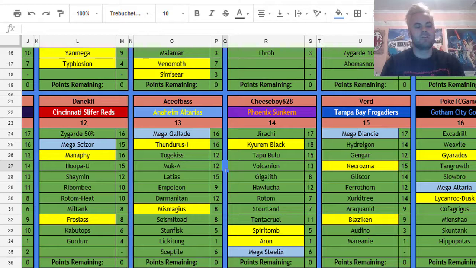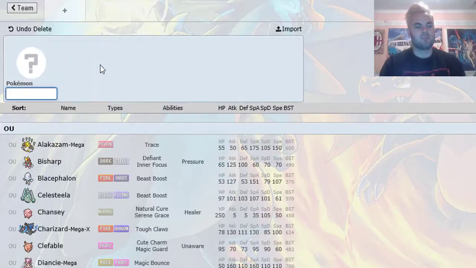First thing I want to do when it comes to Dan's team is highlight the key issues that I feel I'm going to have in this matchup and how I'm going to deal with them. The first issue is the potential for Dan to bring webs. Webs could be annoying with Ribombee. I was going to bring it regardless because in this matchup it looks so strong, but the first Pokemon being brought is Mega